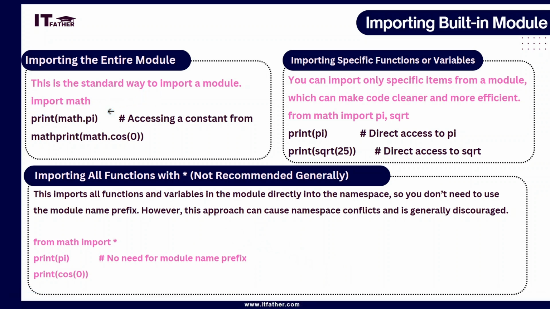If we write import math and then write math.cos or math.sqrt, this is the standard way. If we want to import some specific functions or variables from the module, then we write it this way: from math import pi, sqrt. This statement means that from the math module only, we are accessing pi and sqrt. For example,